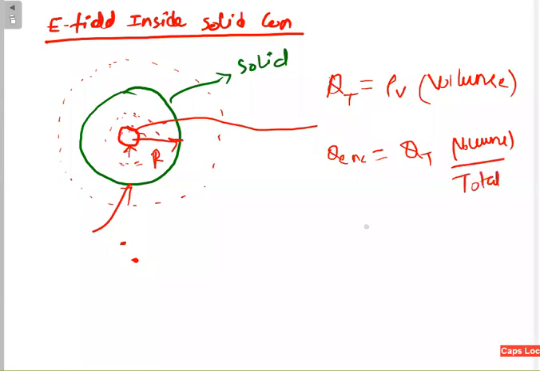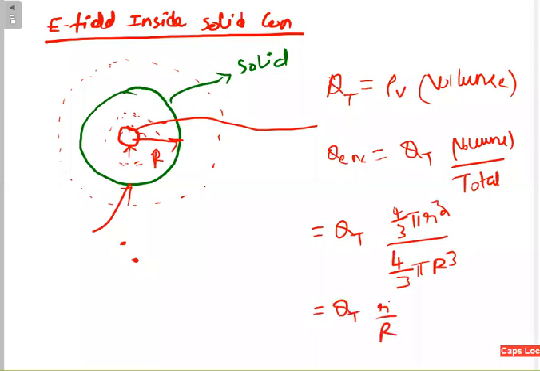If you calculate this, it will come like this. At any point of time, the charge enclosed by the imaginary sphere: your volume is 4 by 3 pi r cube, at some small r, and the total volume is 4 by 3 pi capital R cube. Please note down in this discussion, the small r is less than capital R, which means you are inside the sphere. So the total charge times r divided by R whole cube.